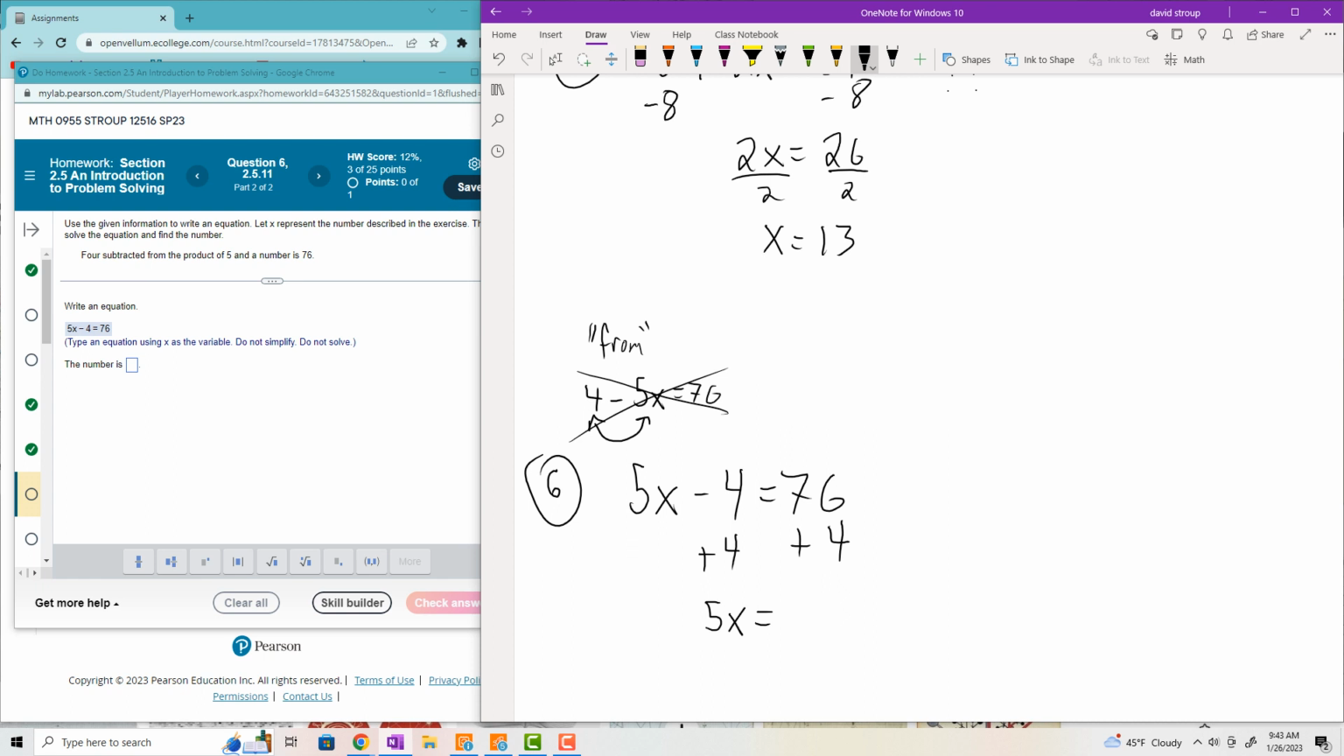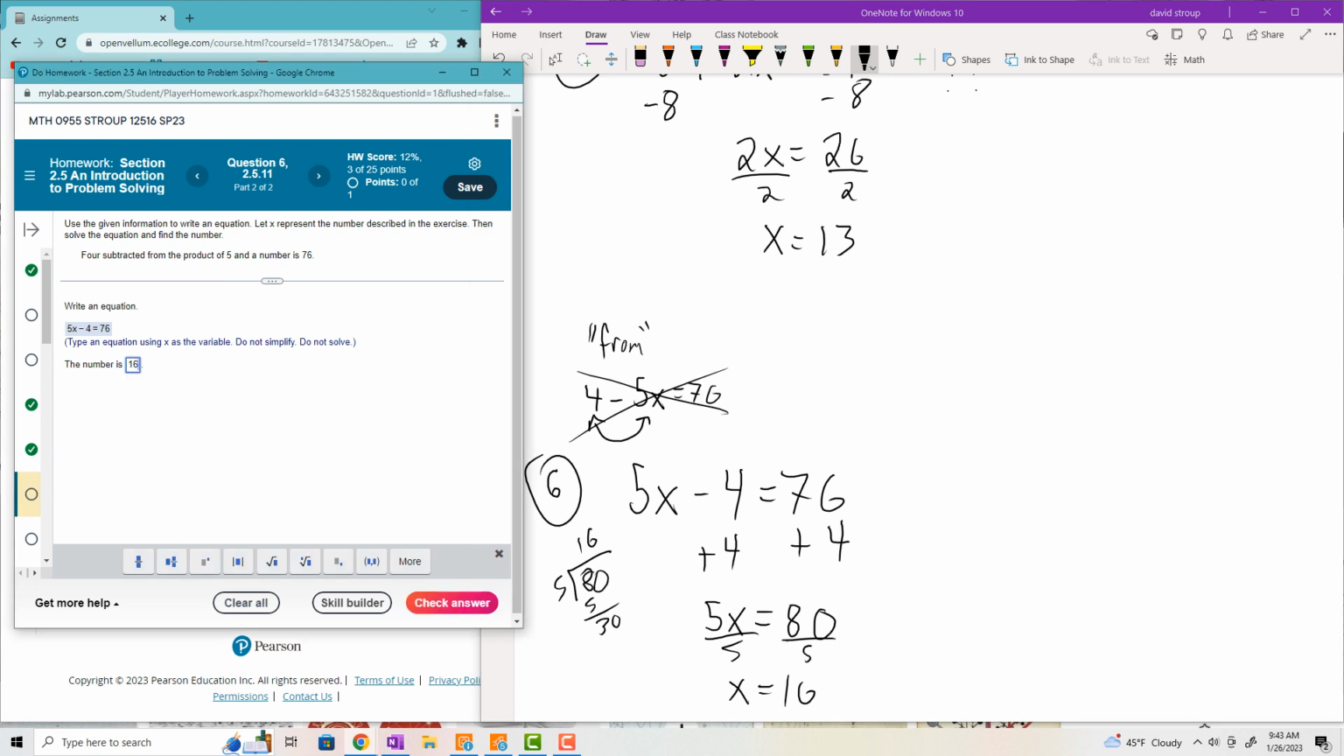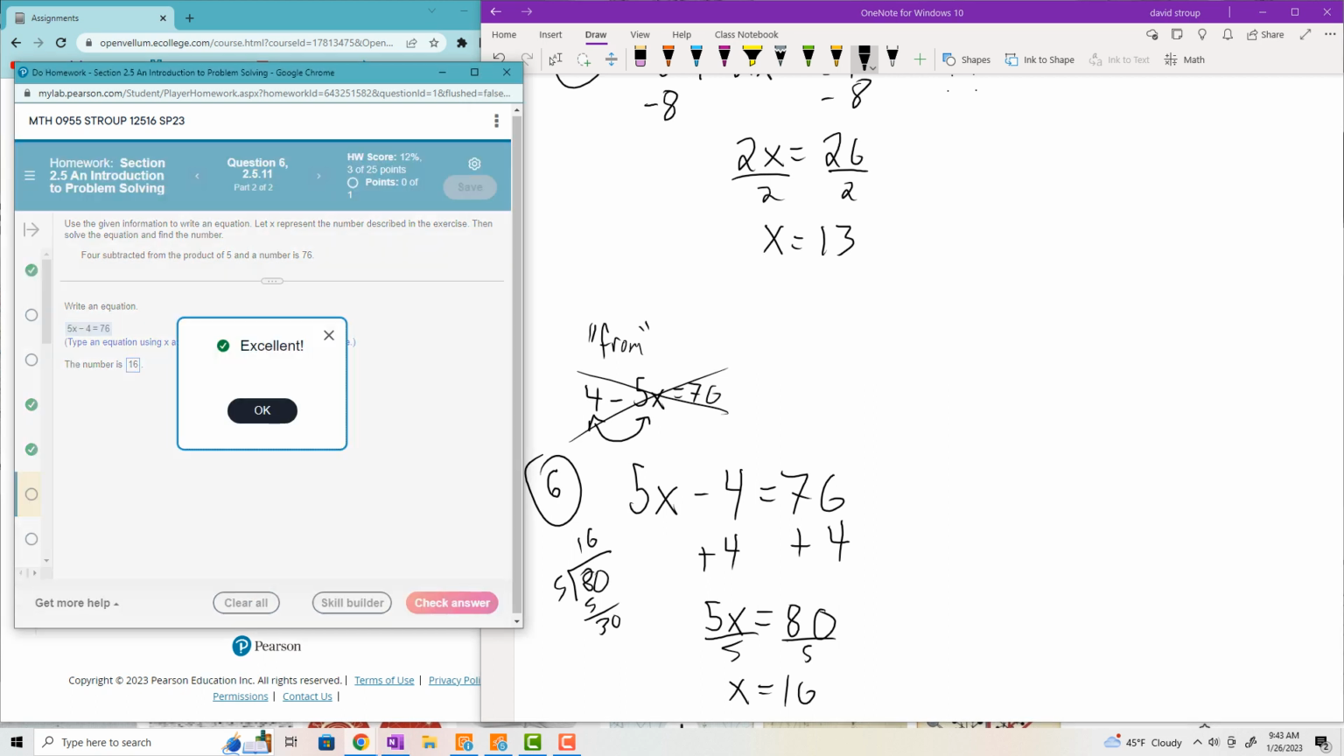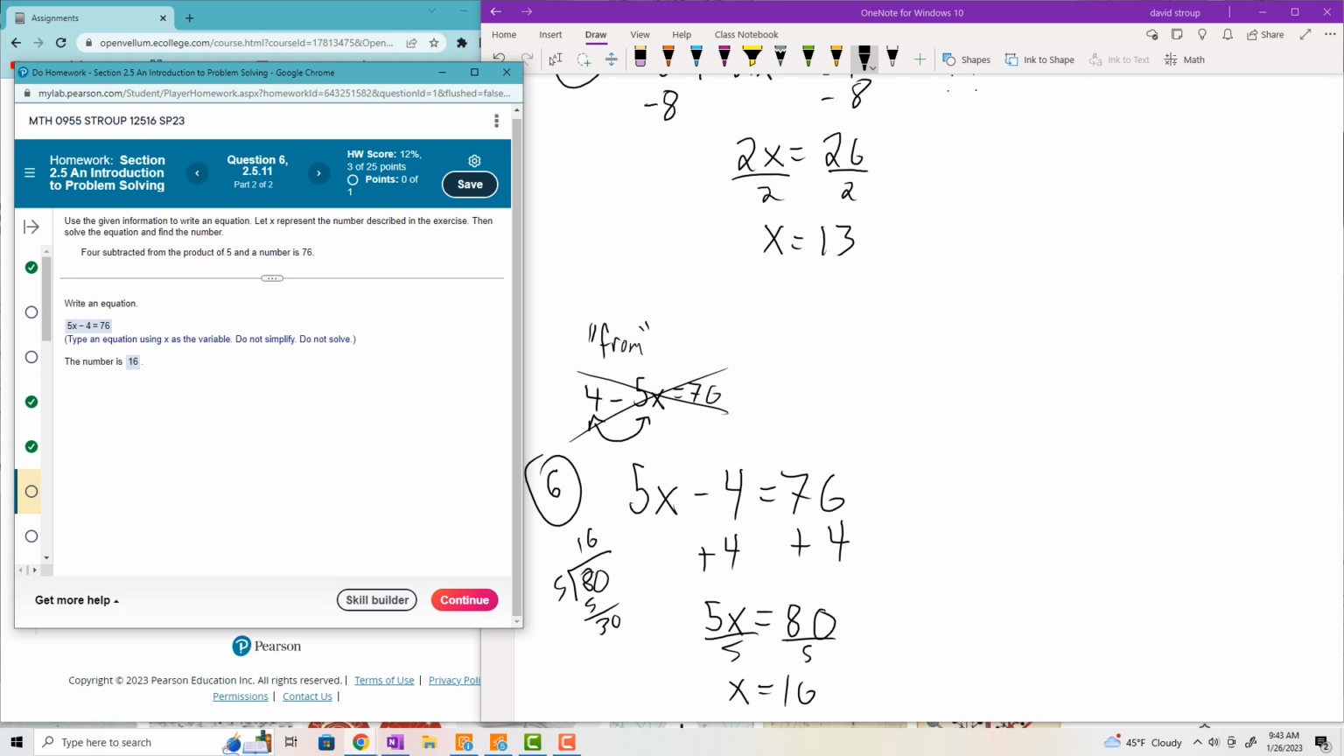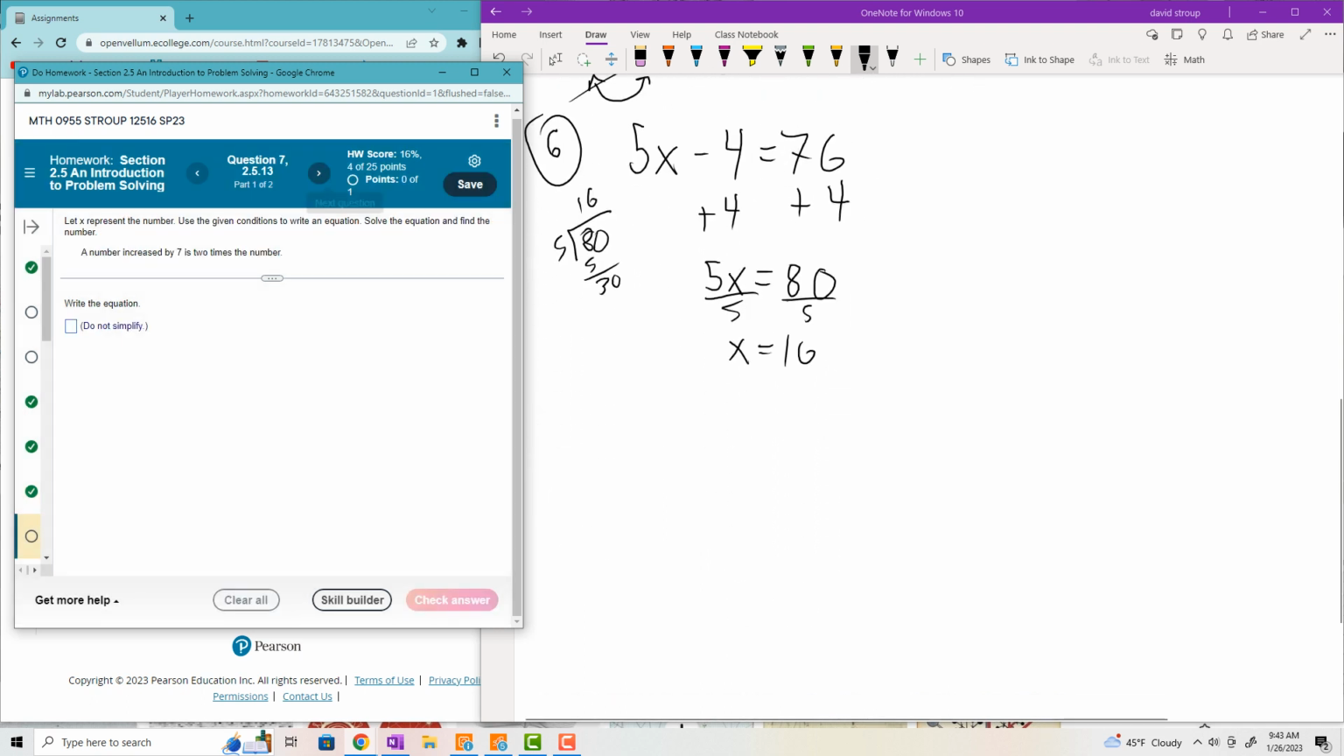So 4 plus 6, 0, carry the 1, we get 80. And then we're going to divide 80 by 5. And if you write it out like that, you can write it like that. And then x will just be 16 here. So be careful when you have those subtracted issues. I don't know why it's not moving ahead now. Okay, so